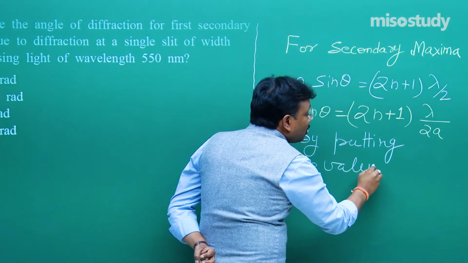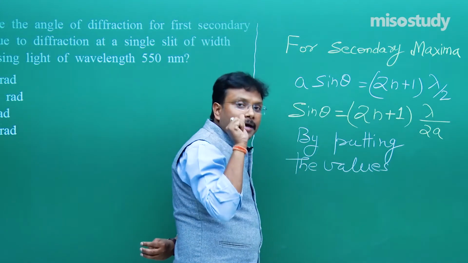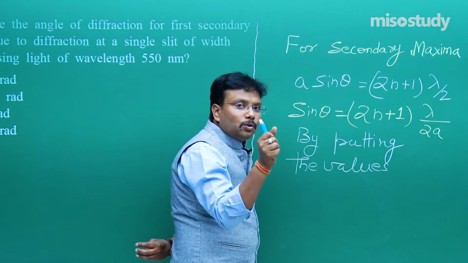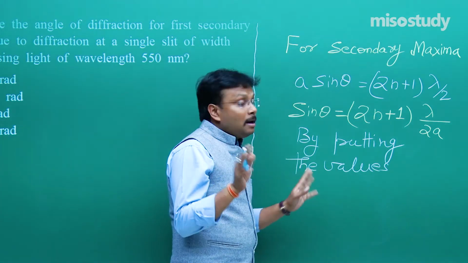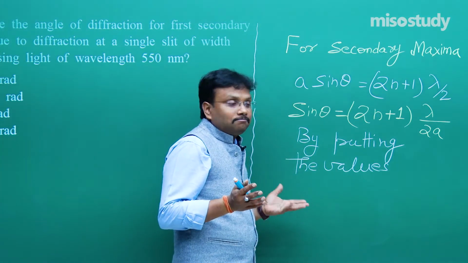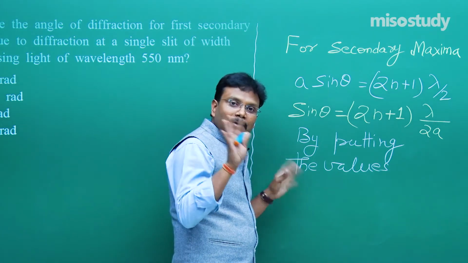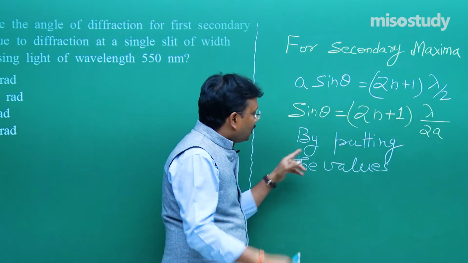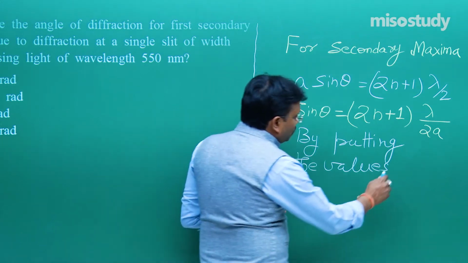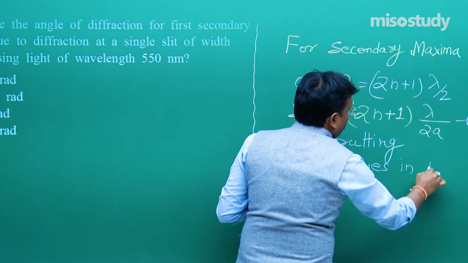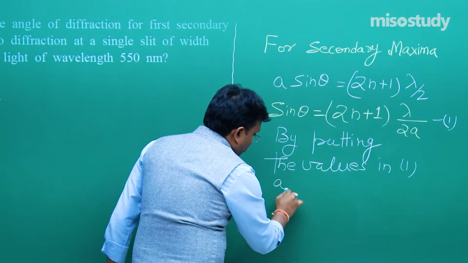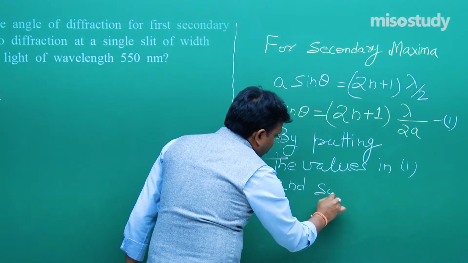That's why in the starting of this problem I said, if the concept is clear and you know the formula, as such in this question nothing is difficult. But if you don't know the formula, everything is almost difficult. So by putting the values in, let's say, equation number 1 and solving,